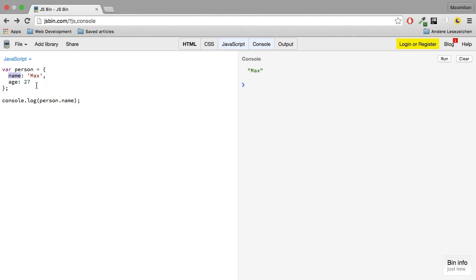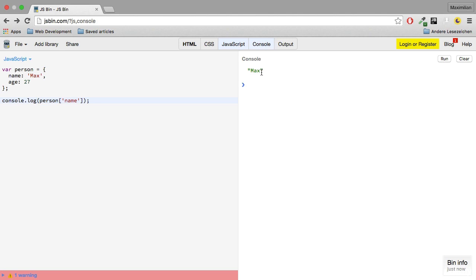Another way to access this property is to use this array-like notation with square brackets, and then here you pass the field you want to access, for example name again, as a string. So name, name. Now if I run this,